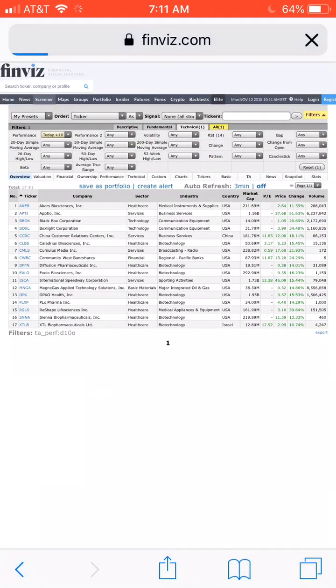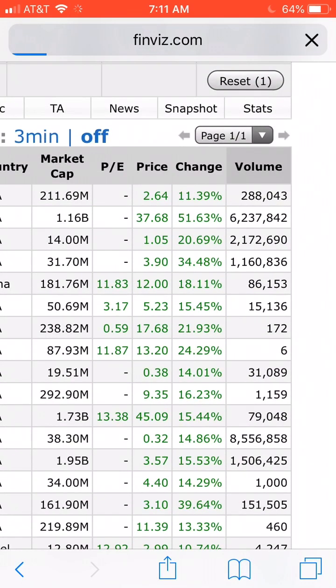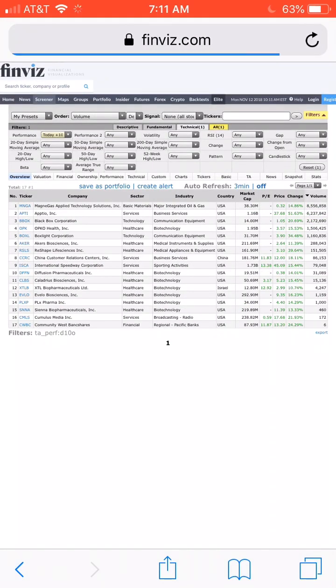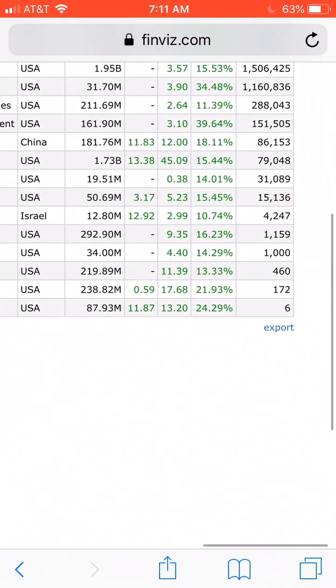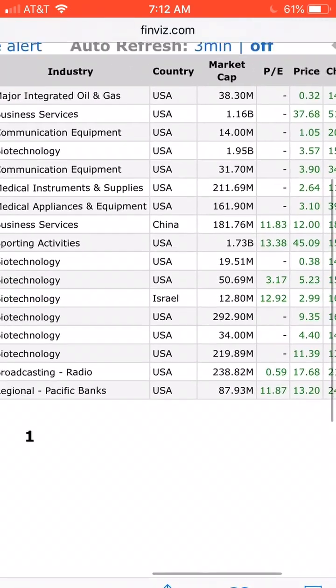So now next I go to performance. And I want to see the stocks that are up 10% or more. And now I want the volume sorted from highest to lowest. Right now it's only been about 40 minutes, so I still want to look at stocks that have traded above 500,000 volume for right now. I normally want stocks that have already traded over 1 million.